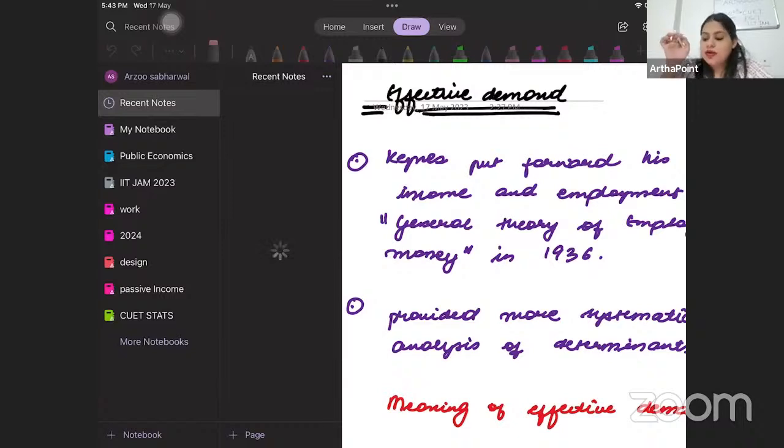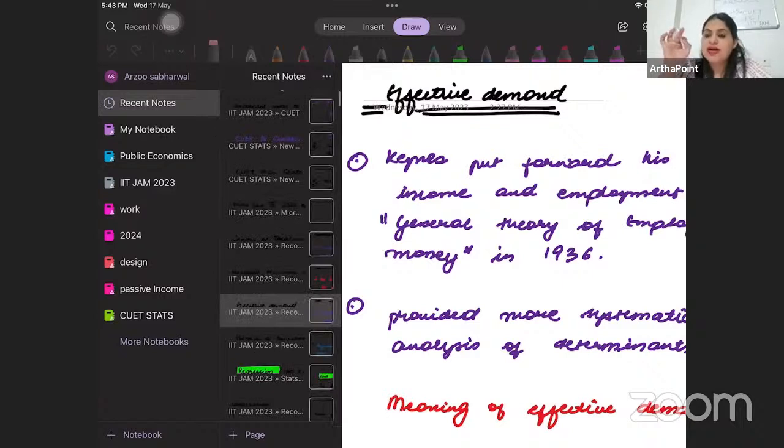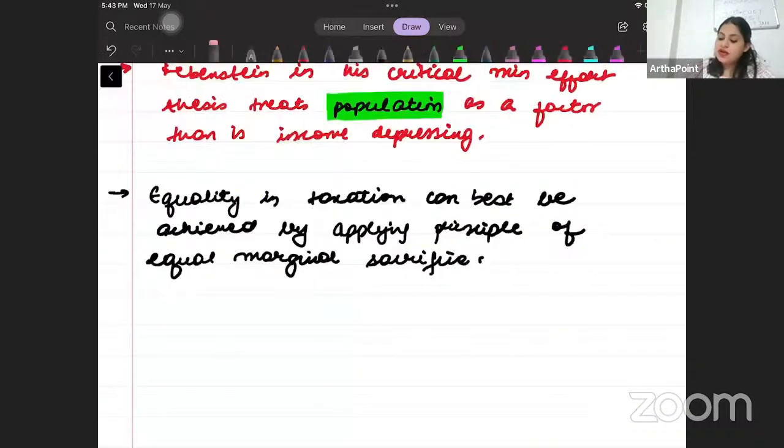So those topics, beta, which as I was mentioning have never been asked, please make sure that you go to the syllabus and you read each and every such topic. Okay, here it is. So please write down the next point. It is based on equi-marginal sacrifice. ठीक है, next pointer लिखो.